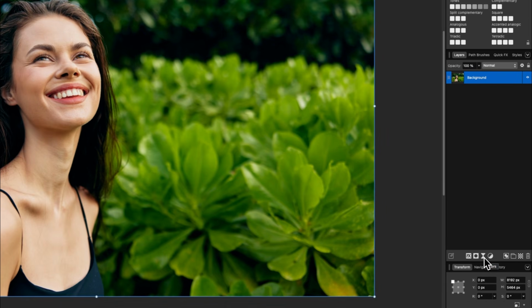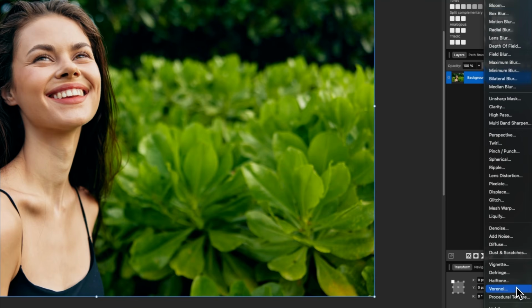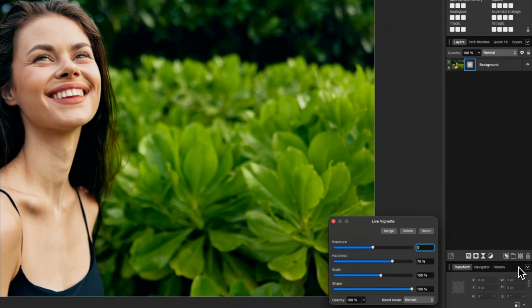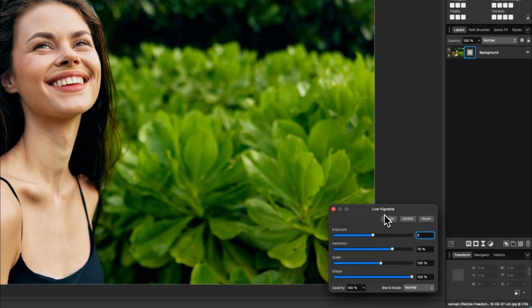to this filters button at the bottom. Next, scroll through the filters and you will see Vignette towards the bottom. Click into this. This is going to open this live vignette window, and here you can customize the vignette that